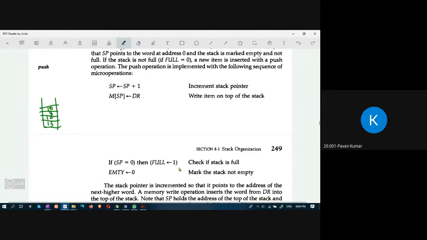This is SP. The stack pointer is like the program counter register, which stores the address of the next instruction. A stack pointer will store the address of the top of the stack. If you look at here, SP is pointing to the top of the stack. When does it have to be incremented, ma'am?